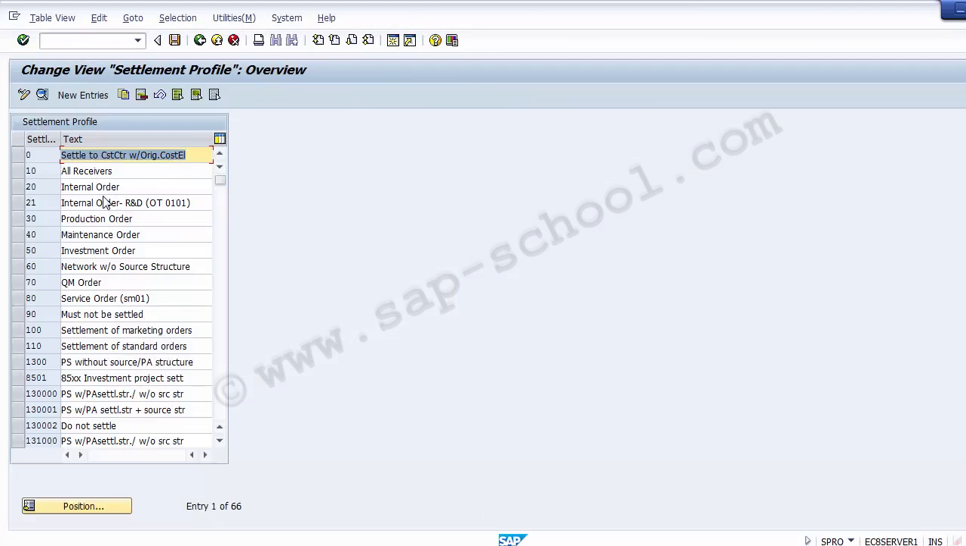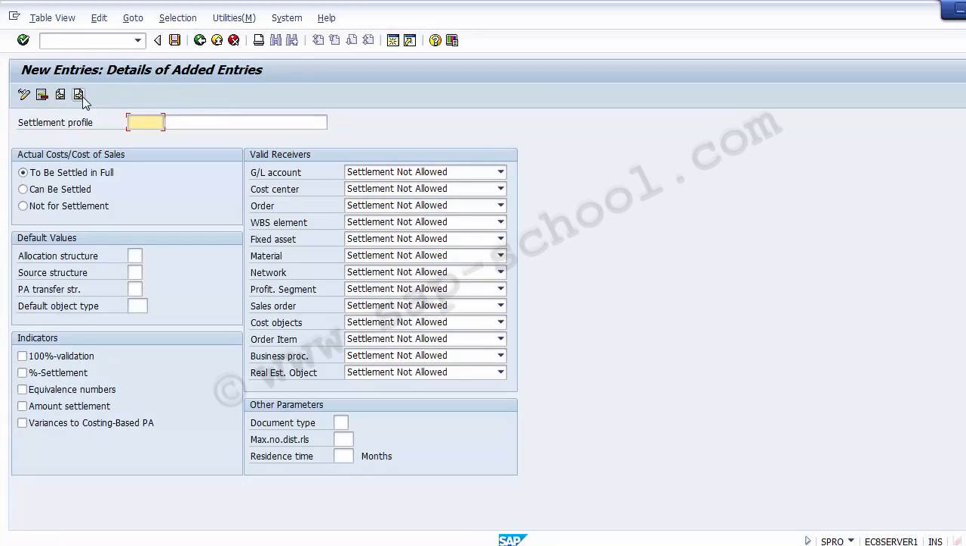Once I double click onto it, it takes me to the next screen, change view settlement profile overview, and you can see there are a number of different settlement profiles already defined. What we need to do is create our own settlement profile. So we'll be going to the new entries. So click on the new entries. Now we need to take a settlement profile ID which can be of 6 characters, or it could be alphanumeric. So suppose I take it as Z110,